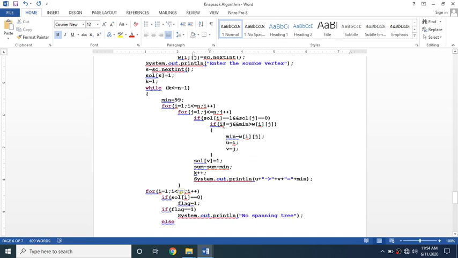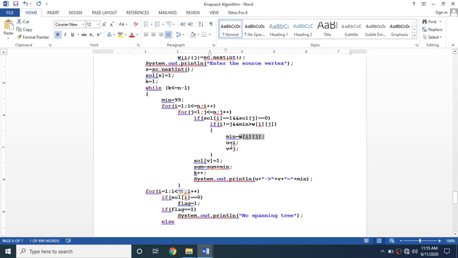So if i is not equal to j and the minimum value is greater than the edge, here it's going to consider edges in such a way that one node is visited and another node is not visited. If that is the minimum, we need to initialize the minimum value with w of ij.